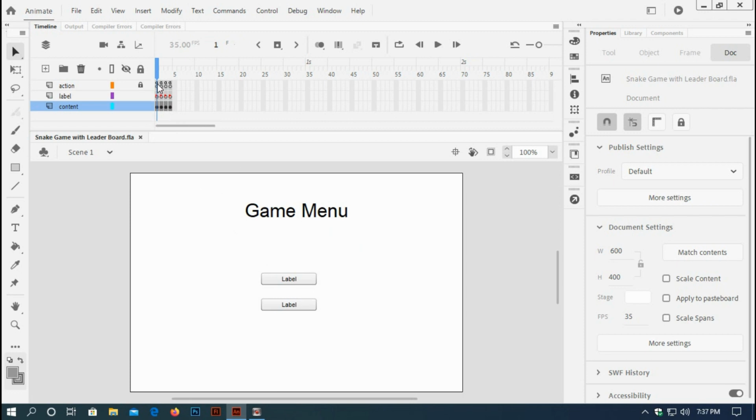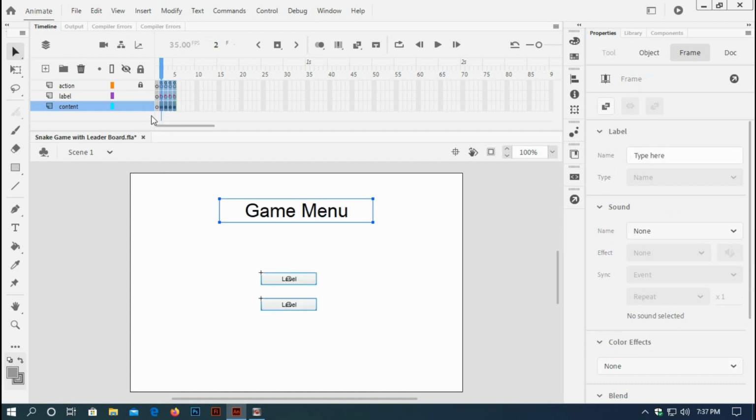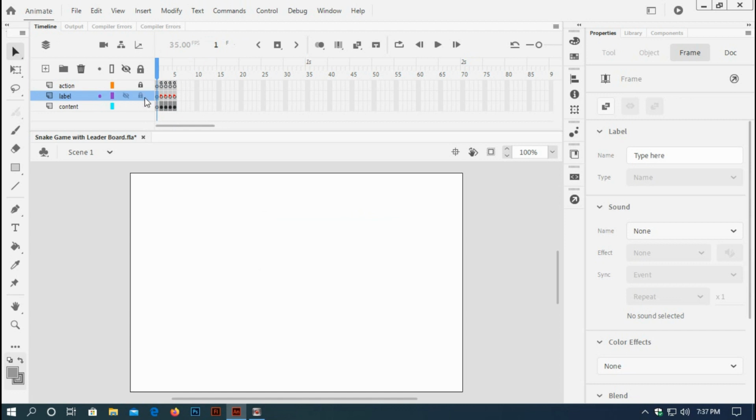So here I have a game and I have 4 frames for this game, and now I'll select all these frames and drag, and insert a blank frame, and then I'll name this frame level loading,